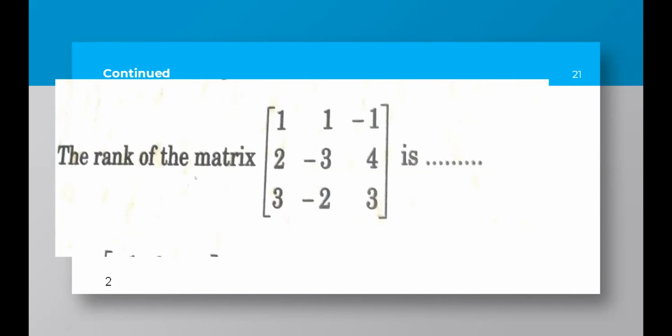Just make the first element of the second row 0. Similarly, the first element of the third row 0. To make the first element of the second and third rows 0, whatever operation you apply, the same thing you have to apply for the remaining elements of the second and third rows. After that, if the second position of the third row is non-zero, then you have to make that 0 by applying with the R2.